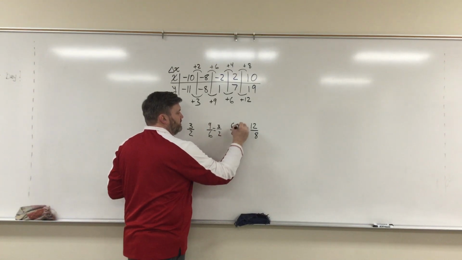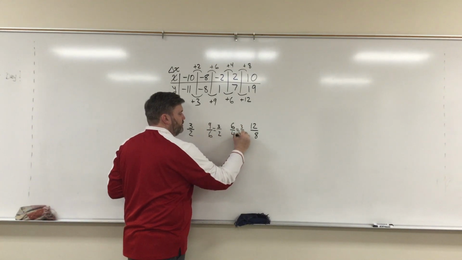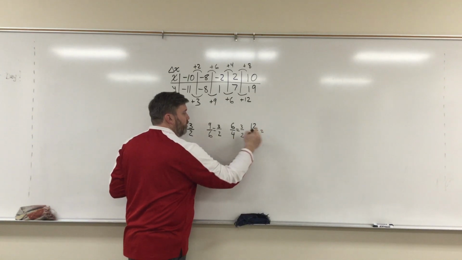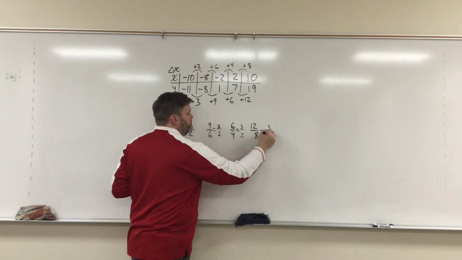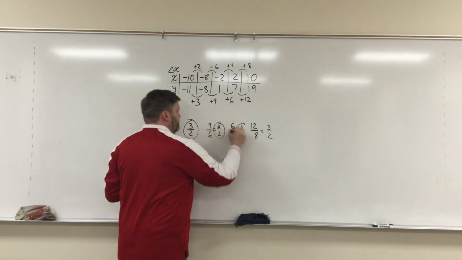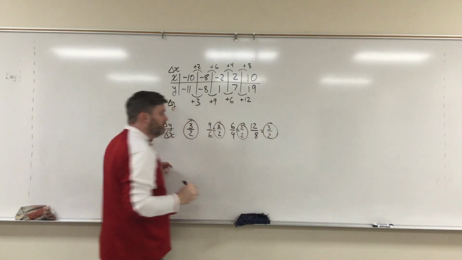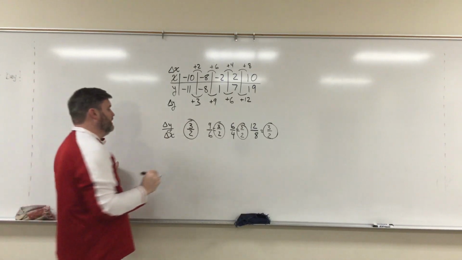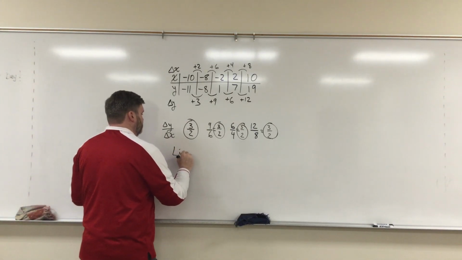2 goes into 6 3 times, it goes into 4 2 times. 4 goes into 12 3 times, it goes into 8 2 times. The rate of change is 3 halves, 3 halves, 3 halves, 3 halves. There is a constant rate of change. This one is linear